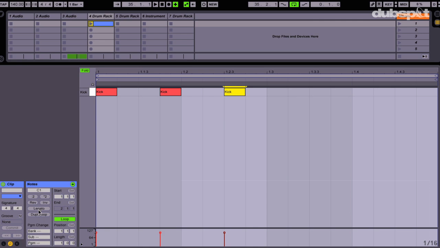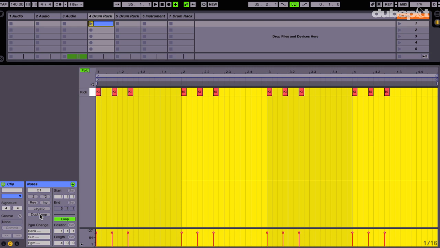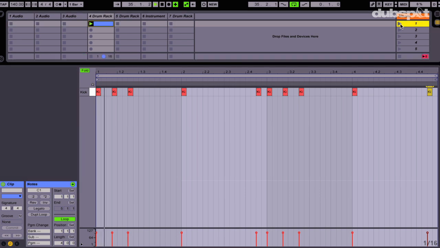And let's go ahead and duplicate the loop. And duplicate it one more time. And then let's get rid of this and that, and put one there, and get rid of these, and make one here. So basically, the pattern that it's going to play back now is